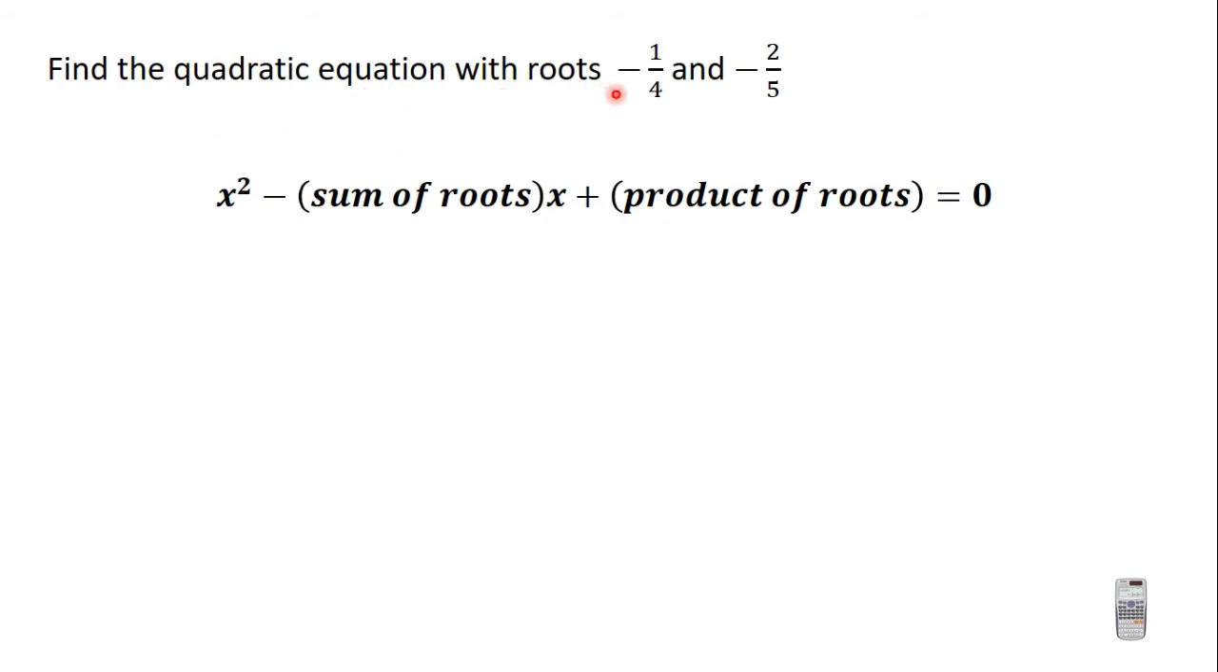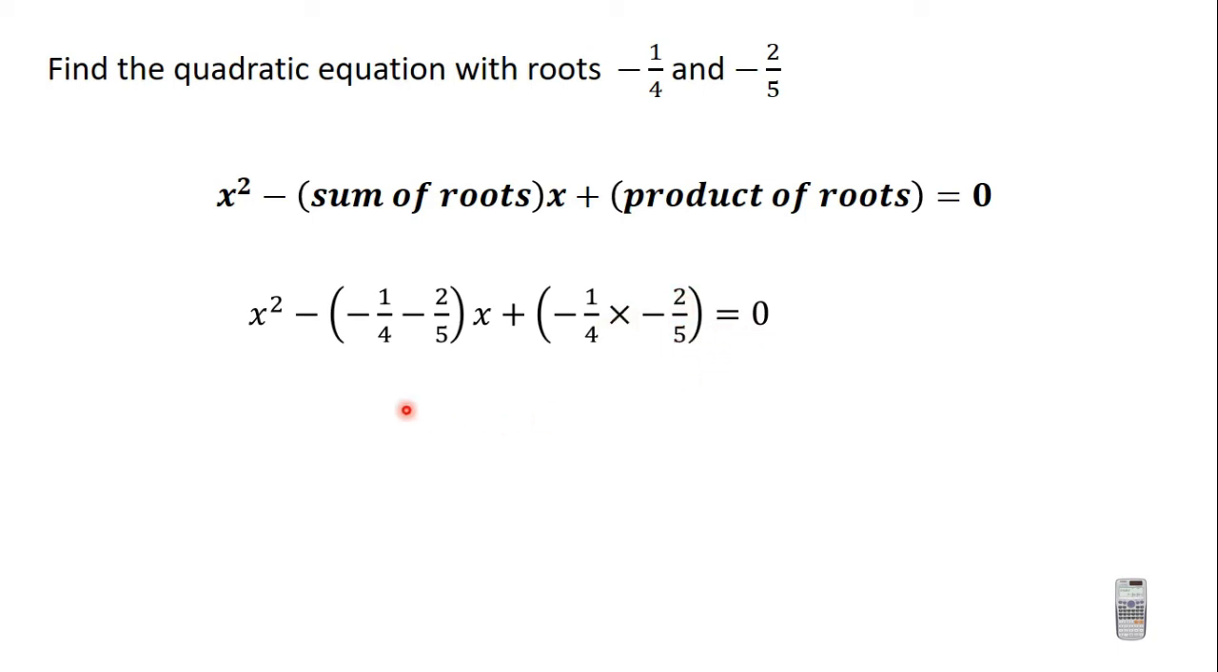Find the quadratic equation with roots minus 1 divided by 4 and minus 2 divided by 5. The formula is x squared minus sum of roots x plus product of roots is equal to 0. So you have x squared minus sum of roots, so minus 1 divided by 4 plus minus 2 divided by 5, which is minus 1 divided by 4 minus 2 divided by 5, x plus product of roots. So we multiply the roots, minus 1 divided by 4 times minus 2 divided by 5,